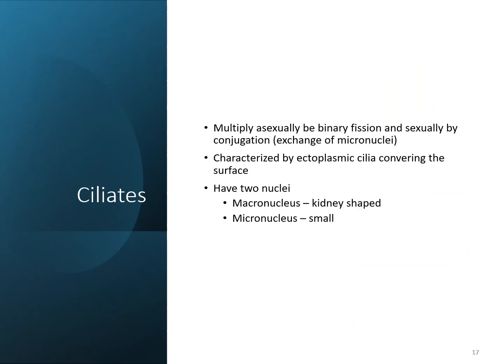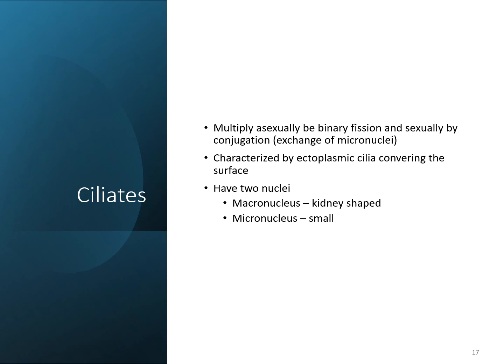Your ciliates can multiply asexually or sexually. And with these organisms, they have ectoplasmic cilia that cover the surface of the cell or the organism. They also have two nuclei. They have a macronucleus, which is a larger nucleus. It's a kidney bean type shape. And then they have a micronucleus that's very small. And so with this organism,